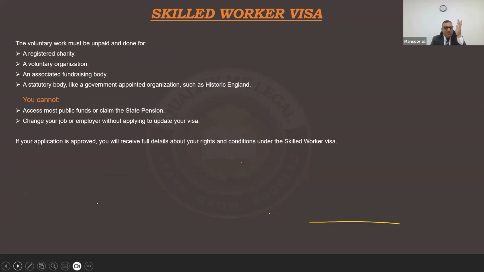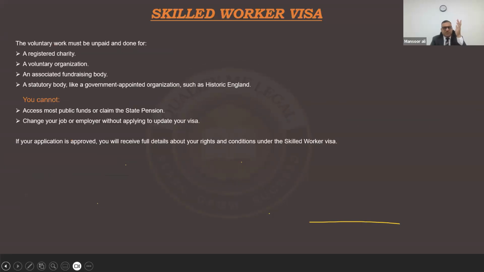And I hope I explained in detail about this last category, which was the skilled worker visa. Saad, if you have any questions, Zakia, Zuma, and all of my colleagues, all of you are quite respectable to me. I can't remember all of your names. However, with the passage of time, the way we're going to work with each other, the way you're going to attend my lecture, I'll start remembering all of your names. If you have any question, you can post now about the skilled worker visa, please.